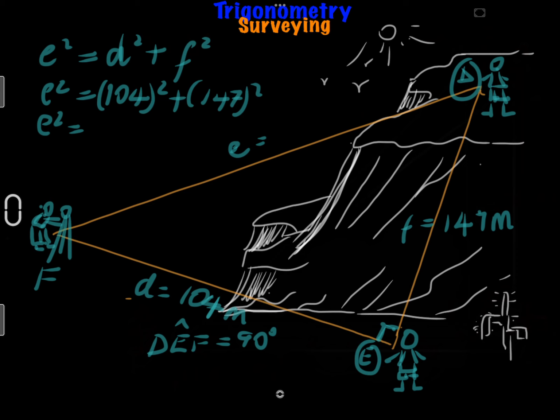You can take your calculator. 104 raised to the second power is 10,816